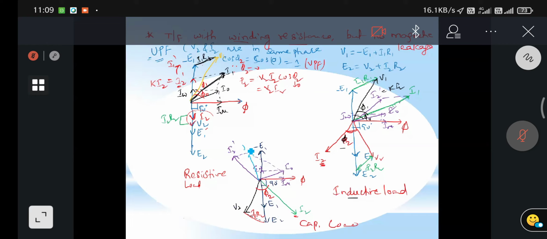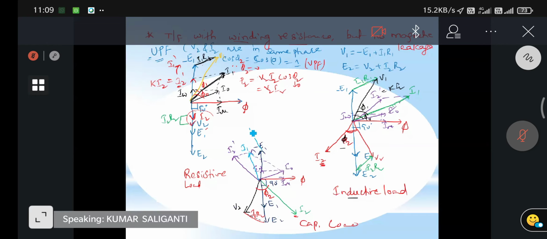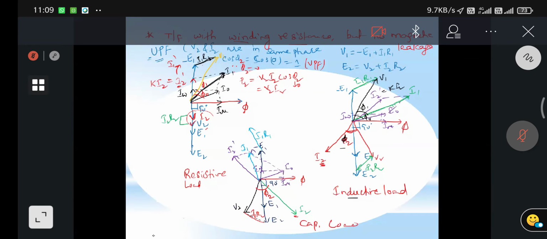This is what about here? I1, I1 here. So exactly the same direction here. The I1 will be like that. This is I1 R1. So if you combine these two, this one, if you combine this minus E1 plus I1 R1, then you can get V1 here.